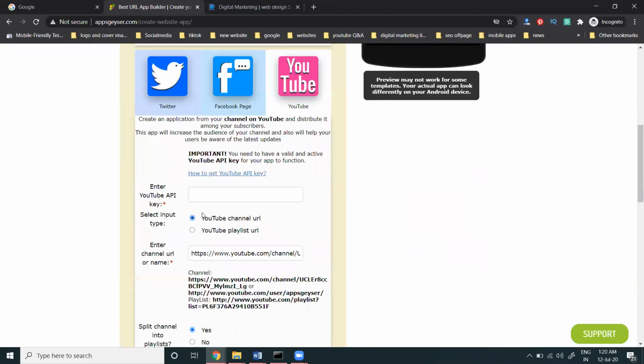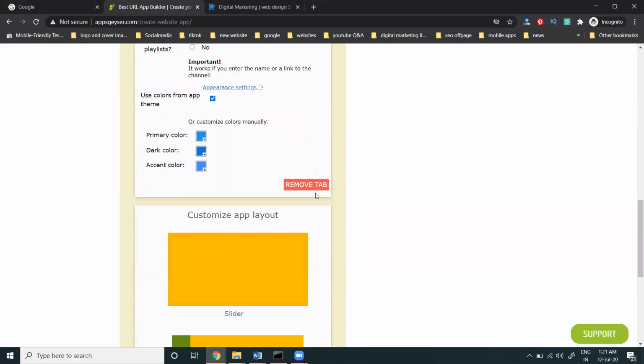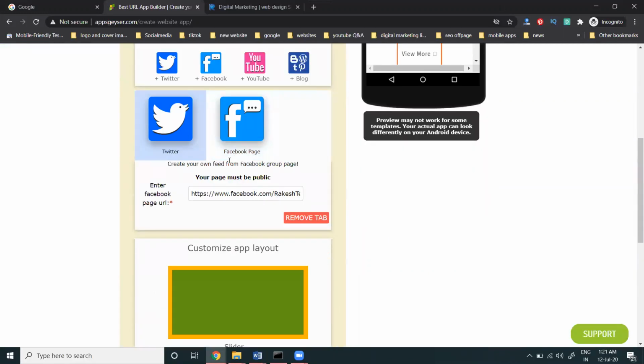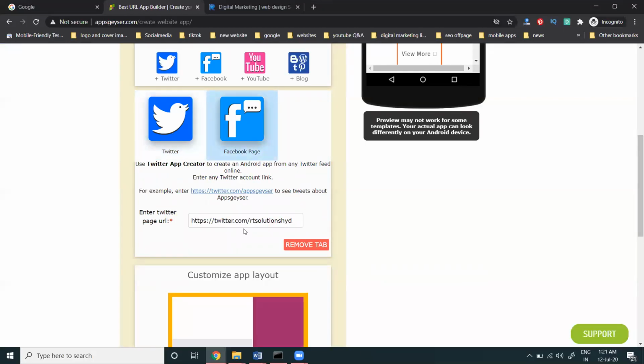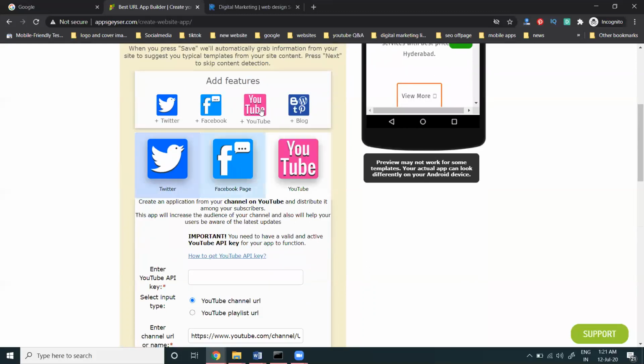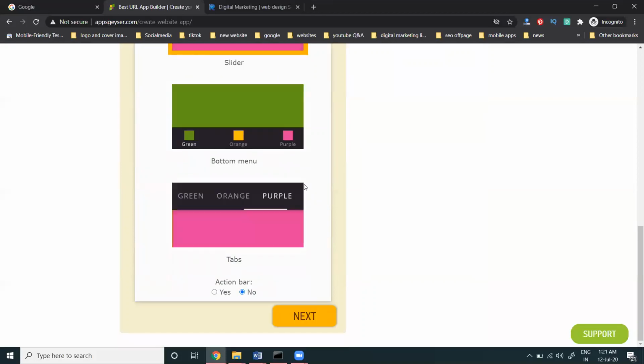So here, YouTube API. What is important is needed here, so everything will be needed. You can add your options here, and you can remove a tab. So you're adding Facebook here, and I'll add Twitter. You can check for Twitter here. So Twitter is added; two tabs are added. When adding YouTube, it asks for the YouTube API key, input, and the channel or playlist URL, everything. The API key is a must to activate the YouTube channel. If it's not required, remove the tab here.